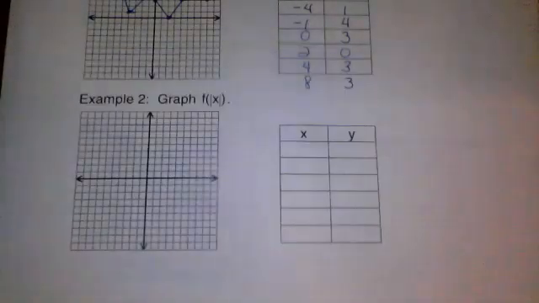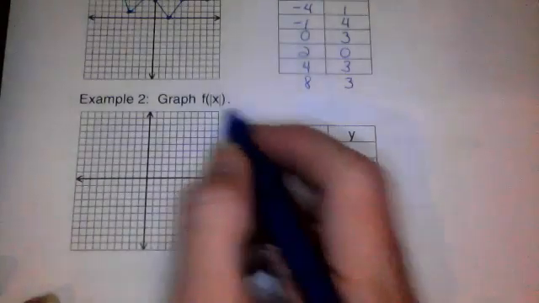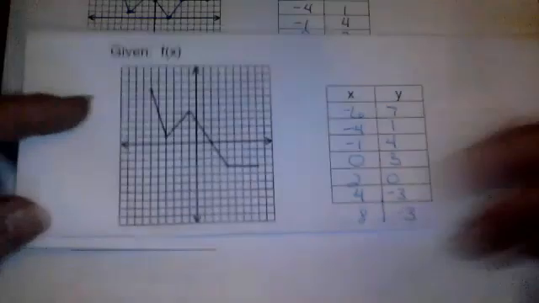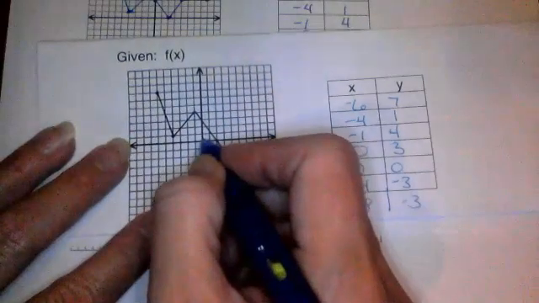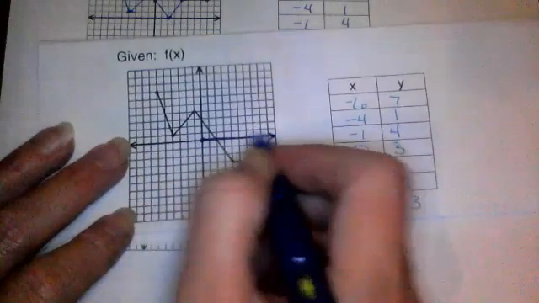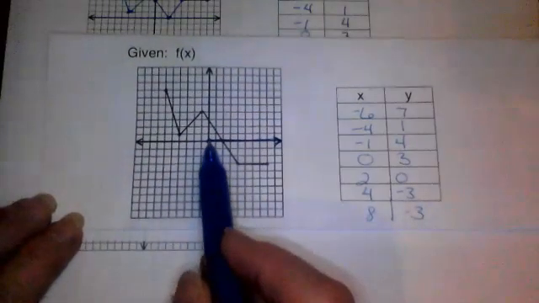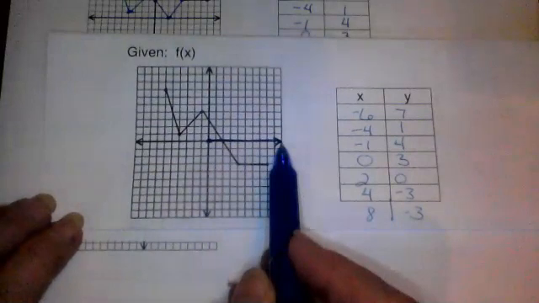But that's not exactly the way this is going to work. So I'm going to show you how to do this graph, and then we're going to talk about why we did it. So what we're doing here is everything that is on the right side, or the positive x portion of this graph,